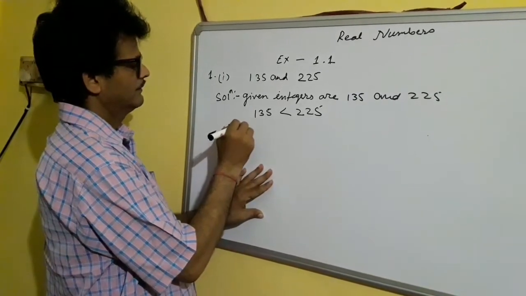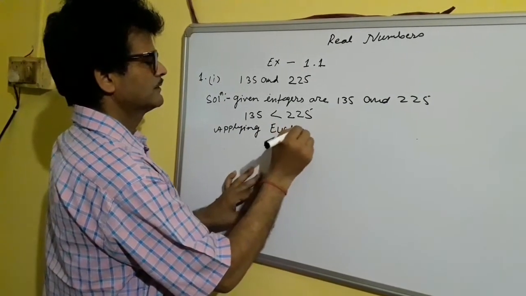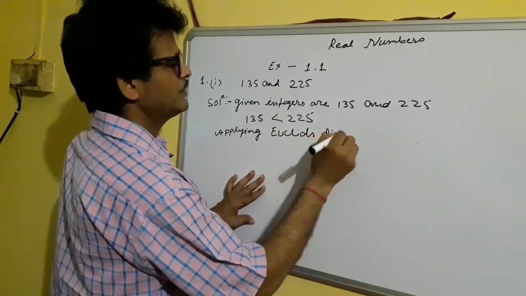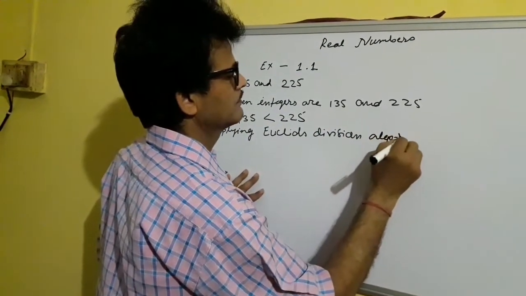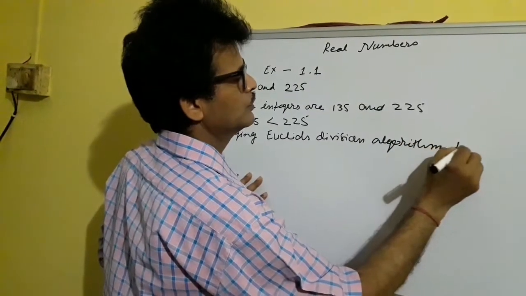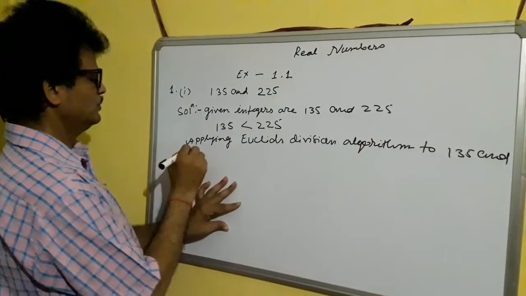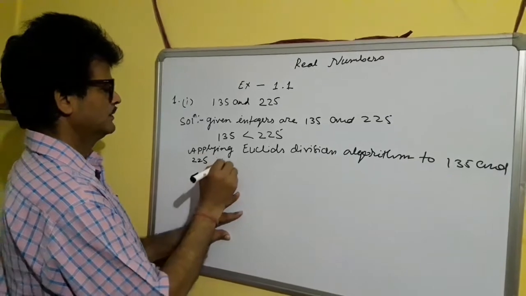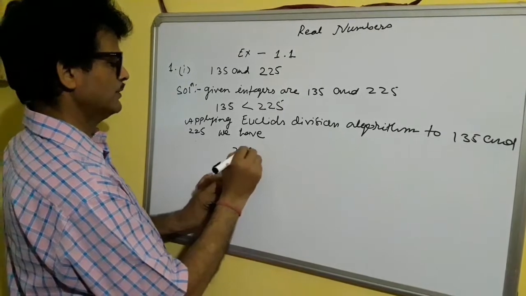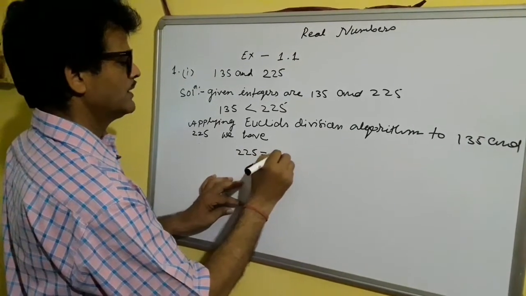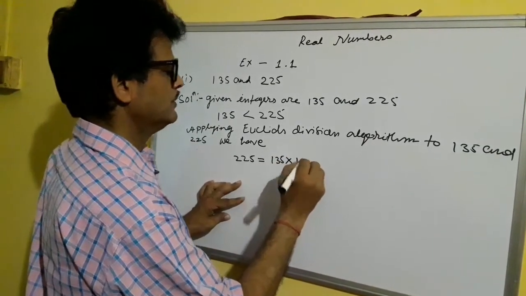Applying Euclid's division algorithm to 135 and 225, we have 225 equals 135 into 1 plus. So you do like this,